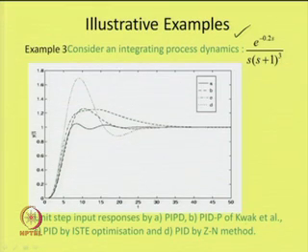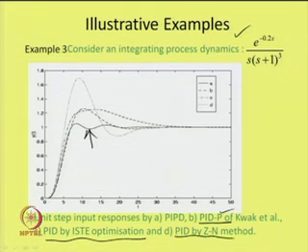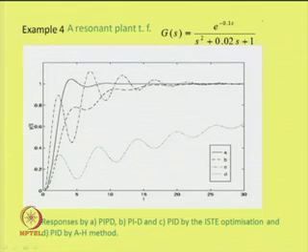For that also, the PIPD controller response given by the solid line is found to be improved one compared to the 4 parameter PIDP control of Quack et al., and PID controller by IST optimization and PID controller designed by Ziegler-Nichols method. So, we get improved performances